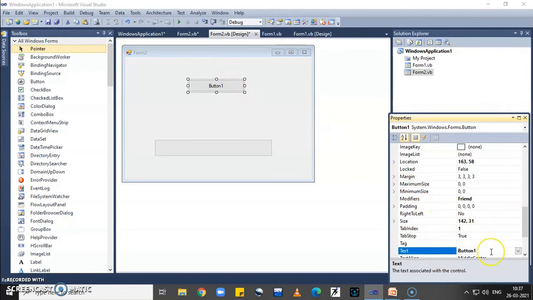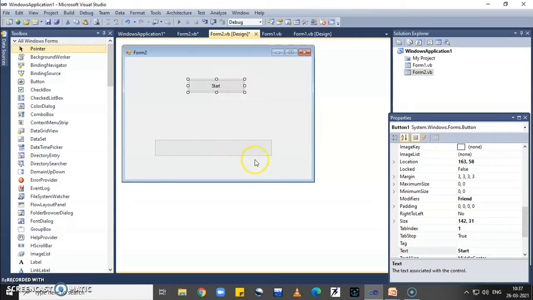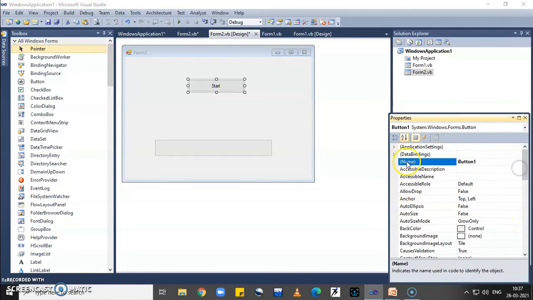Now change the text of the button control to Start, meaning whenever we click on this start button, the progress bar starts to fill the bar, and change the name of this button to btnStart.